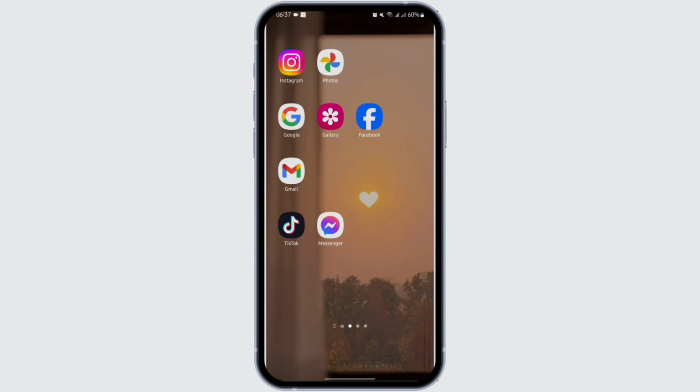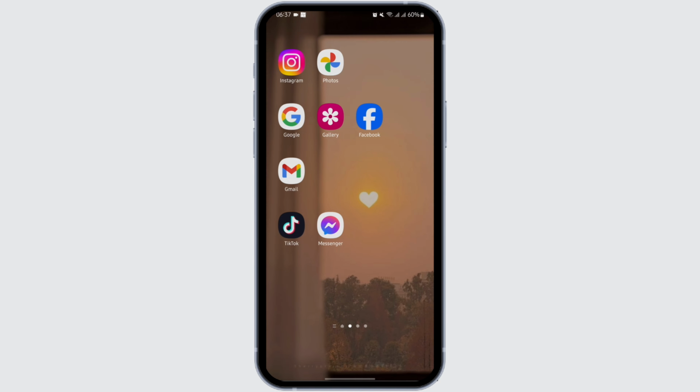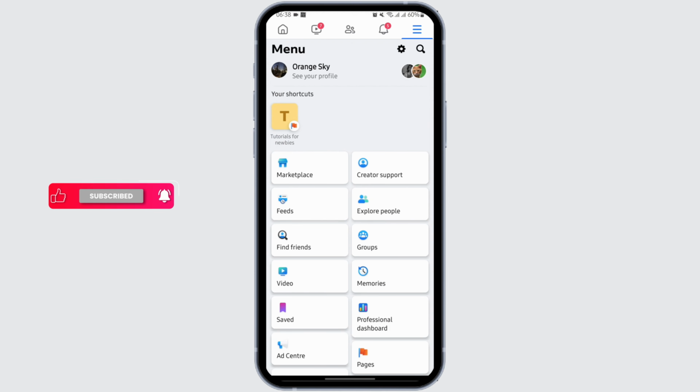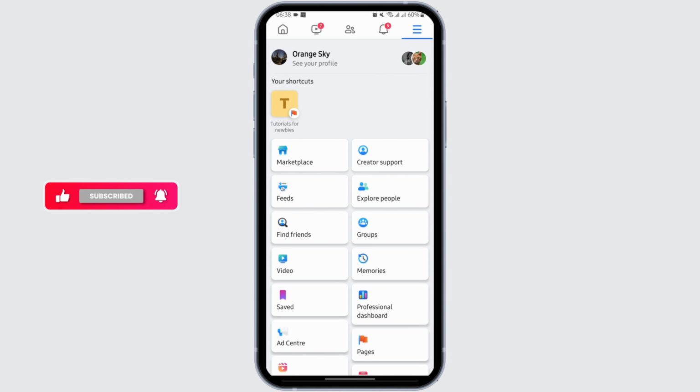In today's video, I'm going to show you the step-by-step process of how you can deactivate your Facebook account. So without any further ado, let us get started. Head over to your Facebook app and also make sure that you are logged into your specific account that you